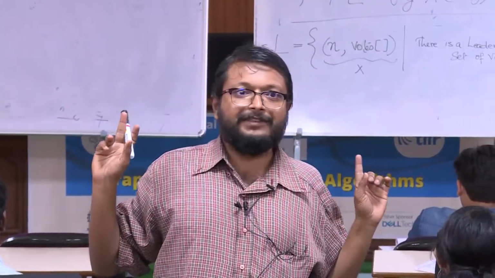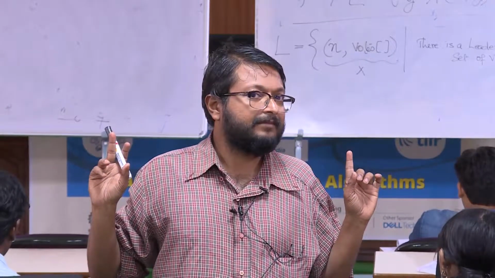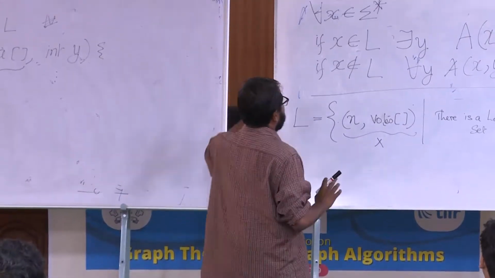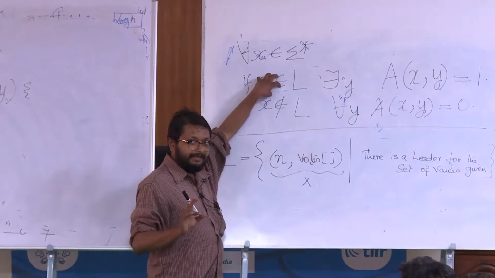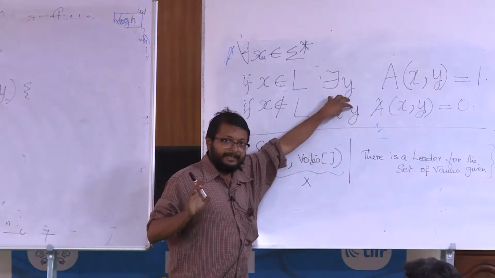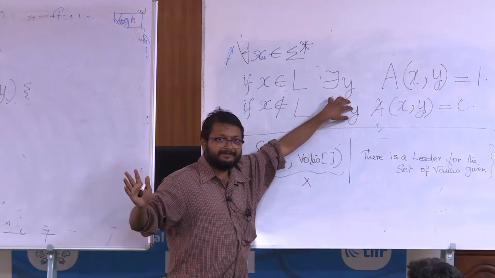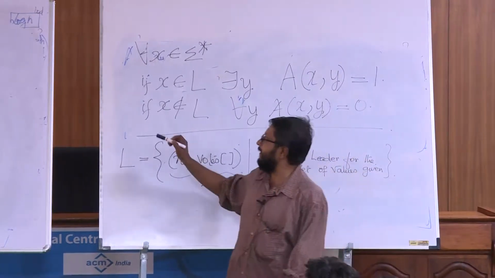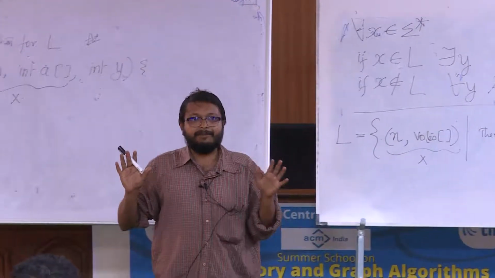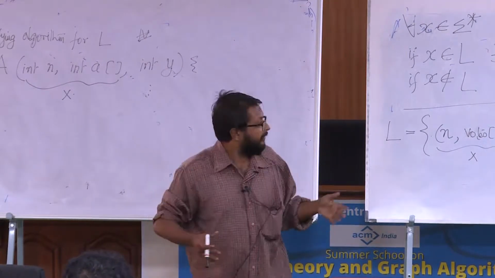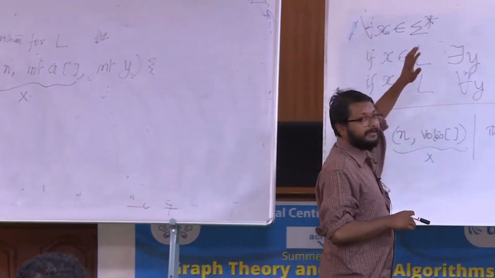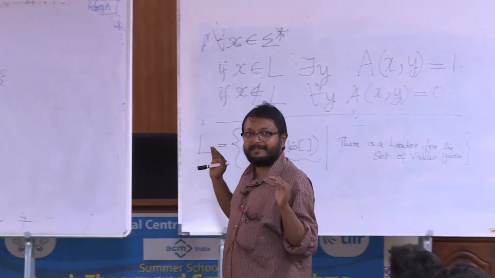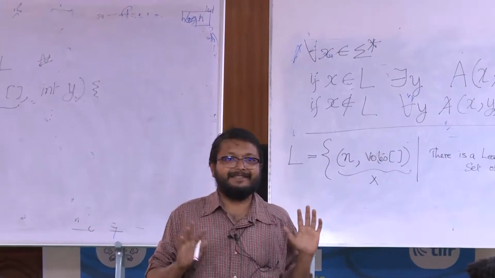So, let us come back to the definition. In the definition of the verifier, there is a password. For each x for which the answer is L, there must be a y, password or candidate or something, such that the verifier returns 1. And for each x not in L, that means each instance where there is no leader, whatever you supply as y, the answer should be 0. Now, the algorithm you have written is something fixed. Is this qualifying this requirement? That is the question.